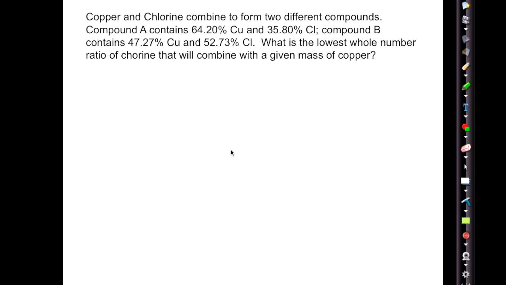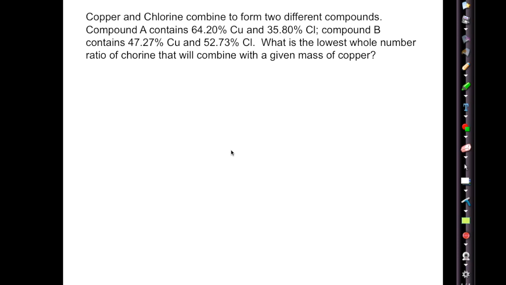Hello everyone. In today's lesson we're going to work through a law of multiple proportions problem. In this example we have two elements, copper and chlorine, combining to form two different compounds. And you see the percent composition for compounds A and B here in the problem. We're trying to solve for the lowest whole number ratio of chlorine that combines with a given mass of copper